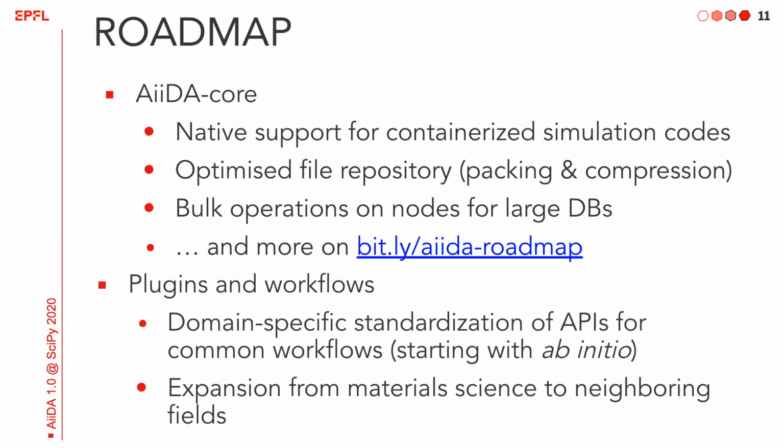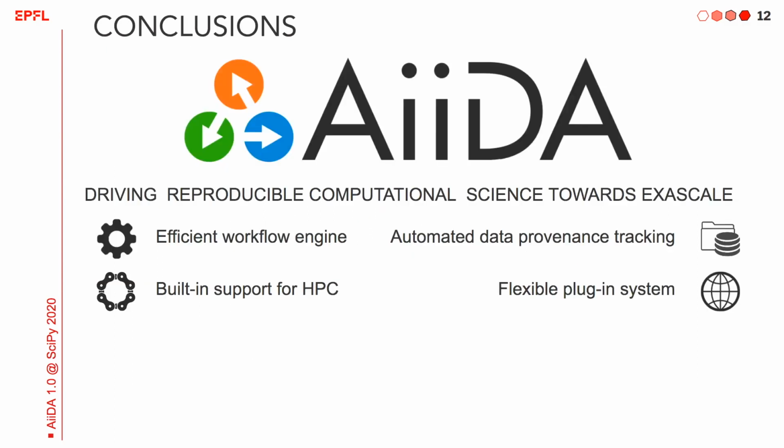There are also some broader efforts that are not directly related to the core code base, such as developing standards for common workflows within the domain of material science, but also expanding beyond our home domain and reaching more users and other fields. In conclusion, AiiDA is a platform for computational science that helps you keep track of data